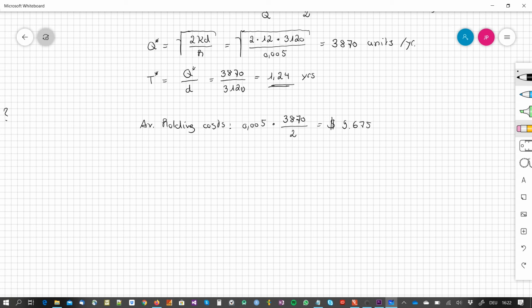And if we now compare the average setup cost, this was, just to restate the formula, KD divided by Q, and this is $12 multiplied by 3,120 divided by the optimal reorder quantity, 3,870, and this is also